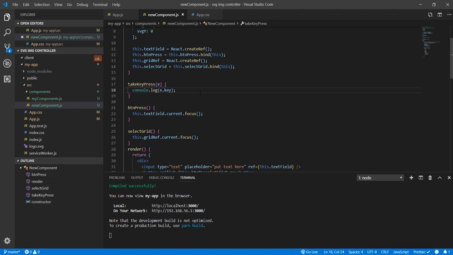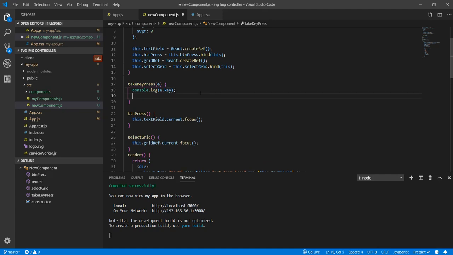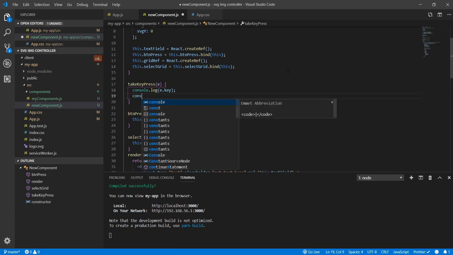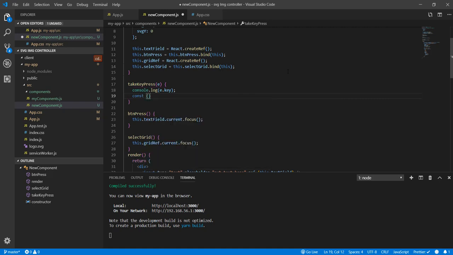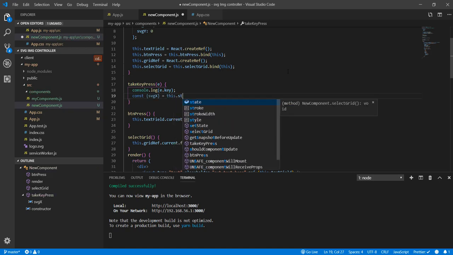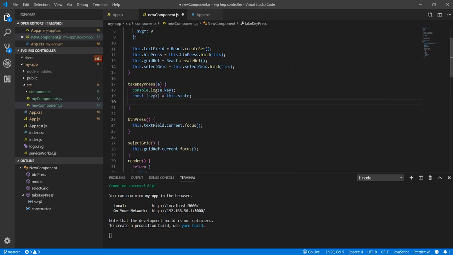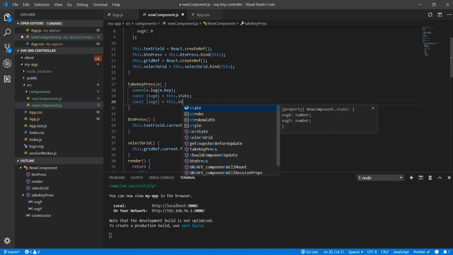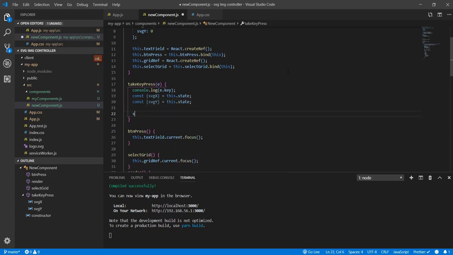create a switch case. Oh, first thing, I'm actually going to bring in our variables that we created in our state. So I'm going to say const SVG x. So I'm using destructuring to take those variables out. This is state, but I'm not actually changing those variables because I'm bringing them out in a different variable. SVGY equals this dot state, like that. And now I'm going to use switch case to see what buttons we're pressing. So e dot key